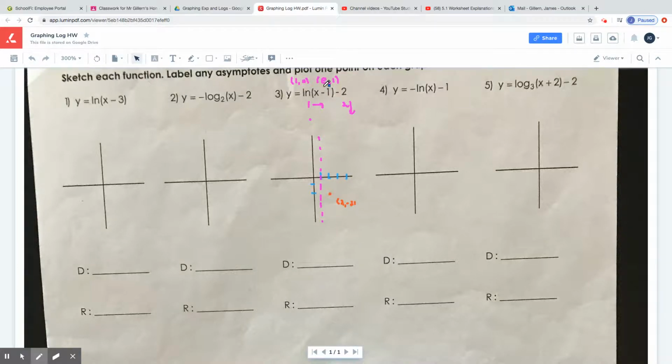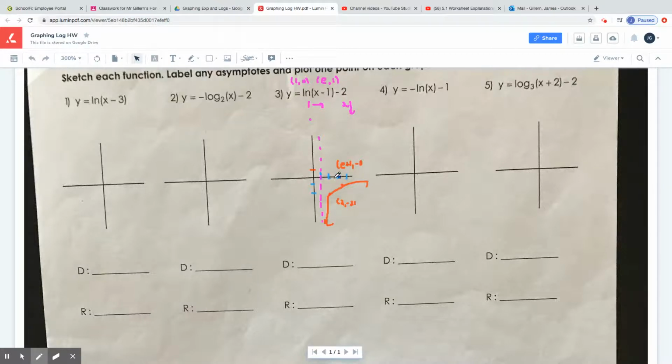My other point is already E, 1. E is 2.718, 1. I'm going to move it to the right 1, and then I'm going to move down 2. And my graph will look like that. Now, this point is normally E, 1. It's now E plus 1, because I added 1 to the x. We slid to the right and moved it down, so 1 minus 2 is -1. So E plus 1 is roughly